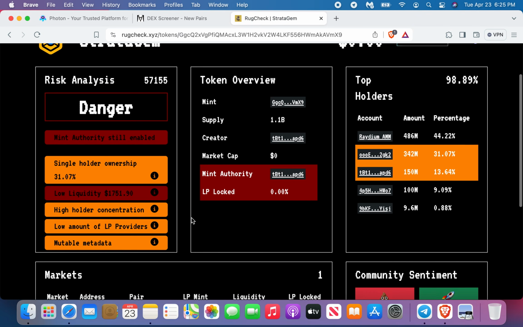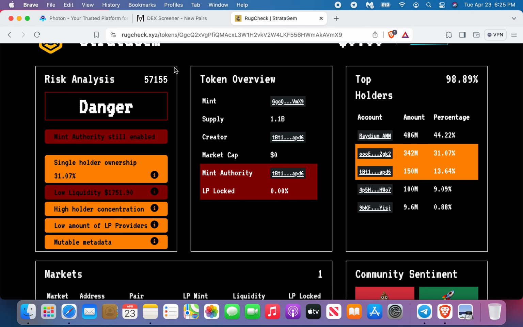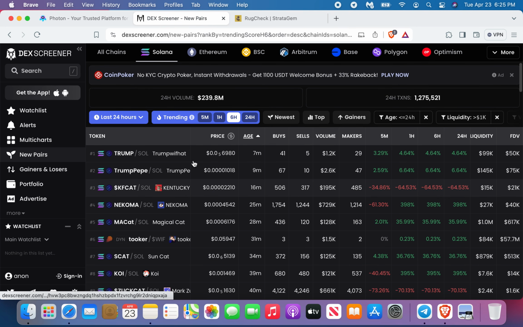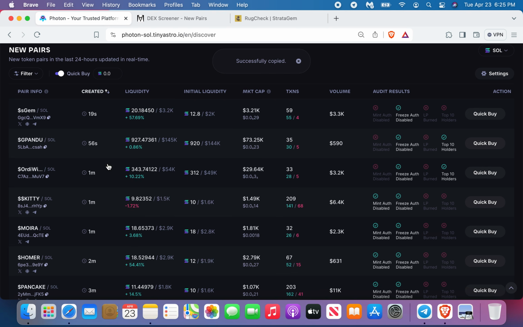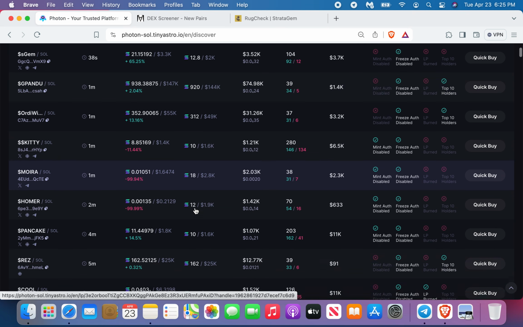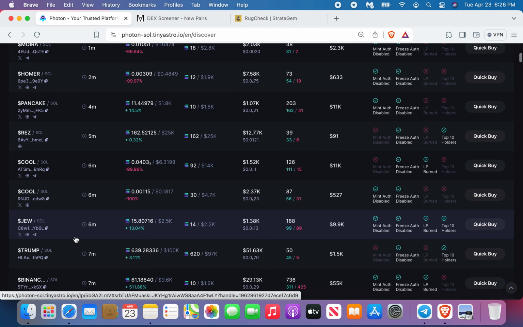Danger, I would definitely avoid this, right? Like single ownership 31%. It hasn't popped up here either. So yeah, this is just how I scan for coins, guys. I really wish I had a good example for you right now. Like Jew just hit. Okay, Jew just hit